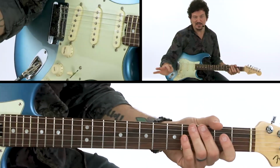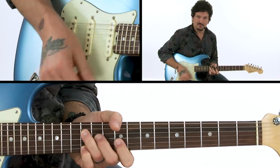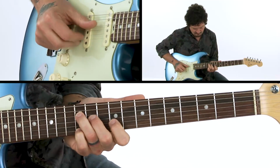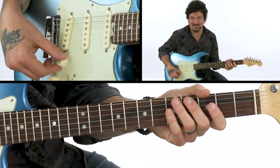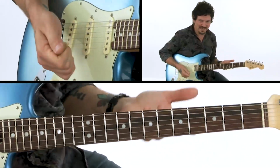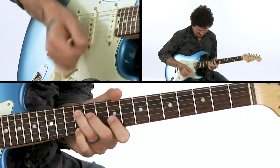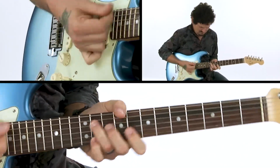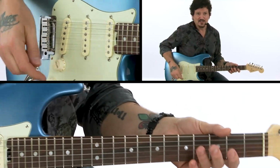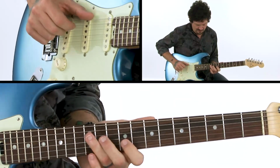Now, this is fun, and I just threw this in there so we could have a little Stevie Ray Vaughan goodness. But this, it's like a little E9 chord, and I heard Stevie playing it and just loved it. You know, he'd go. It's so cool, man. You could slide it in. And he plays that chord a lot in a lot of songs. I do. I throw it in sometimes, and I wanted to throw it in here so we could kind of specifically pick it apart. The fingering is what makes it really cool on the guitar, and that it's up high